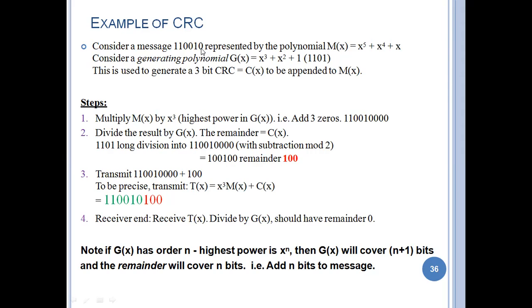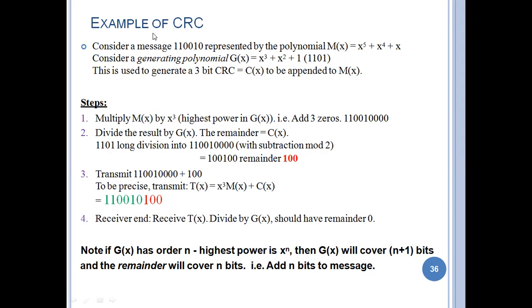First, x power 0: if the bit is 0, no need to write it; if it is 1, write x power 0, that is 1. The next one is x power 1, so we write x power 1. For x power 2 and x power 3, no need to write. Now x power 4 and plus x power 5.